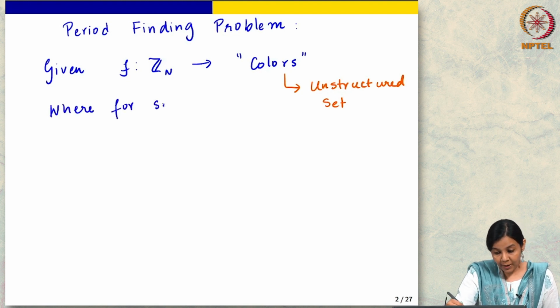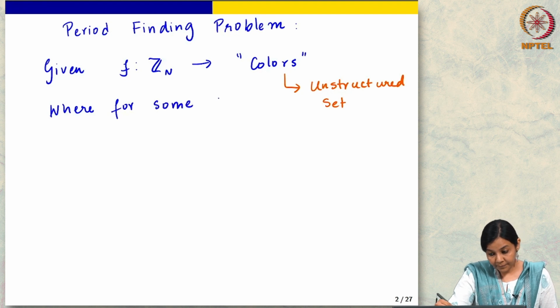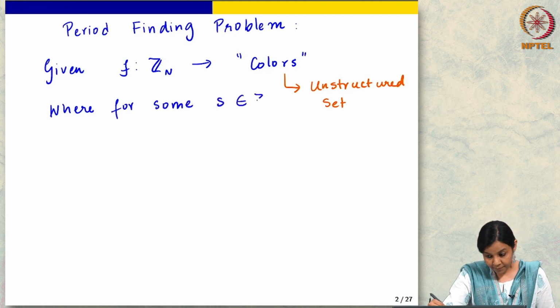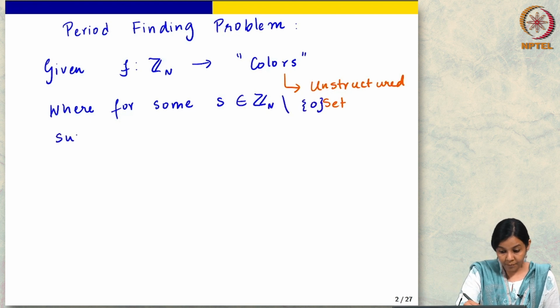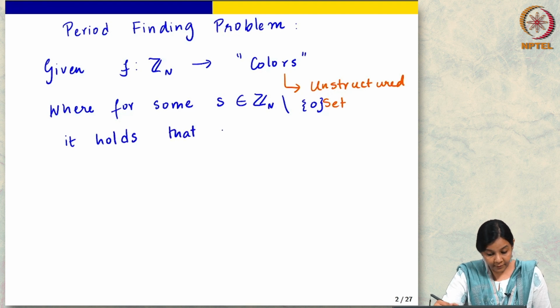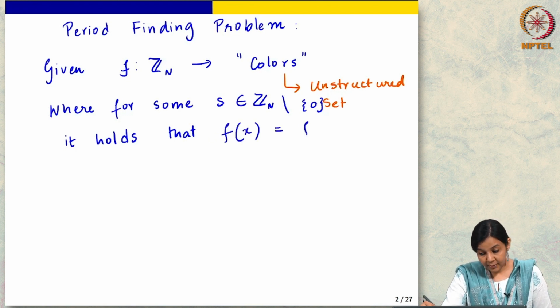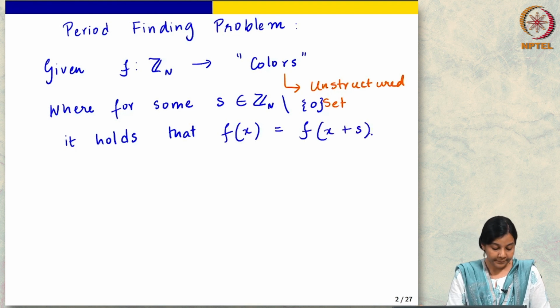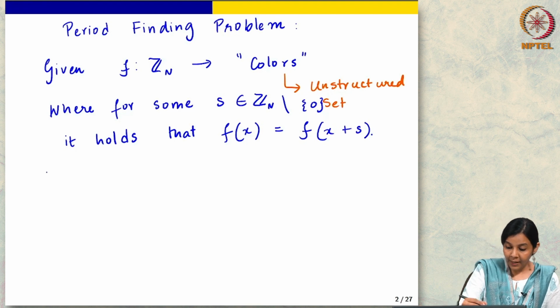So there is some non-zero s such that f(x) is equal to f(x + s), and otherwise